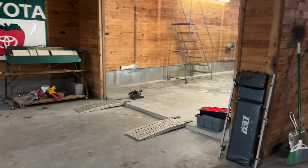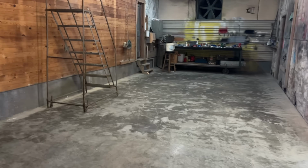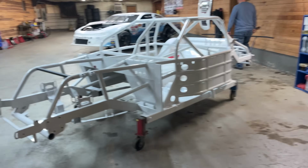It won't be long, and this part will be done too. We'll have Coco in here hanging a body, but we do got to get started on it because we ain't